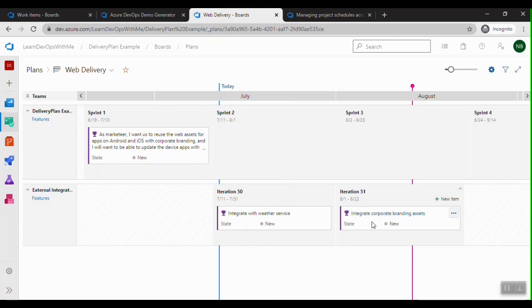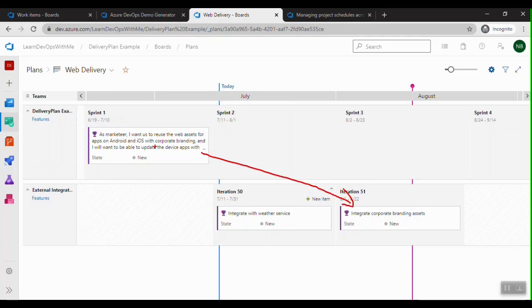So the feature will be done in iteration 51 by this team, external integration, and this feature in the delivery plan for the example team, which is an internal team, is dependent on the integrate corporate branding structure. So first this has to be completed, then the other team can work on this.